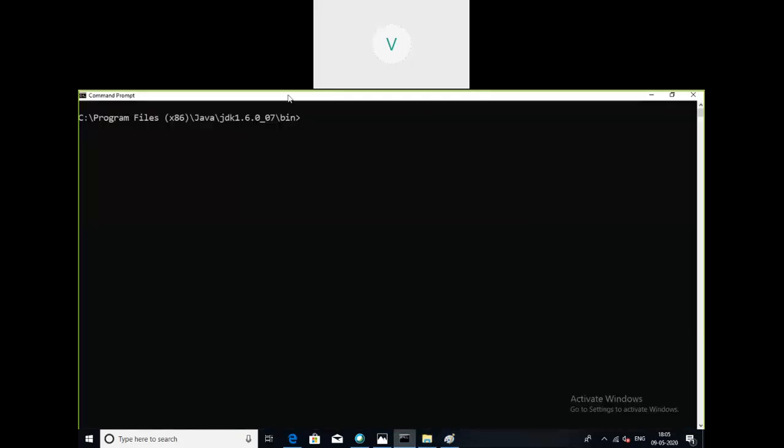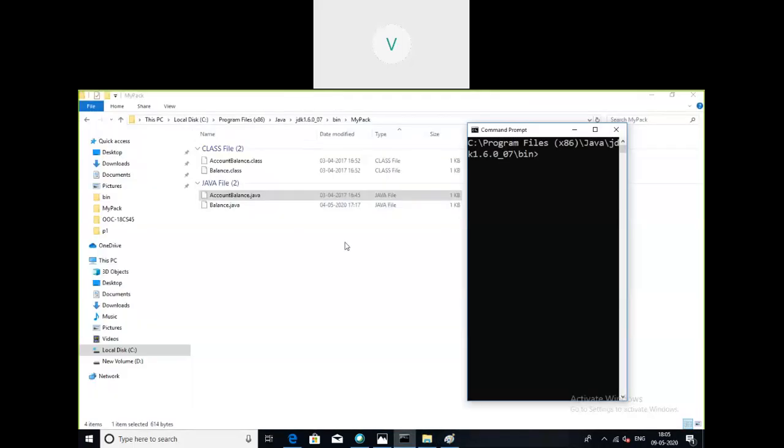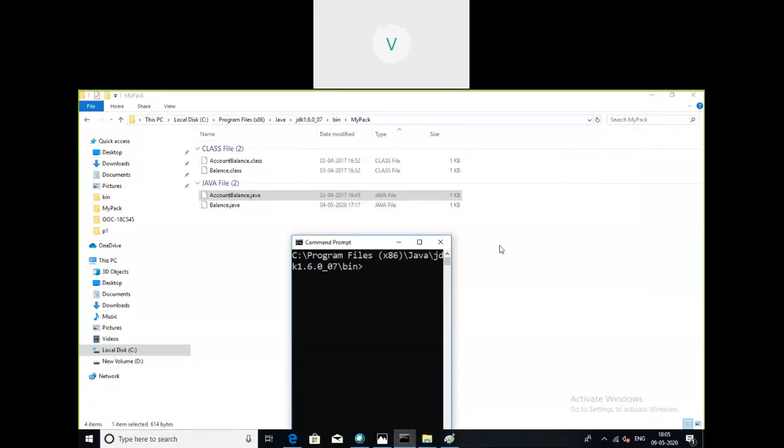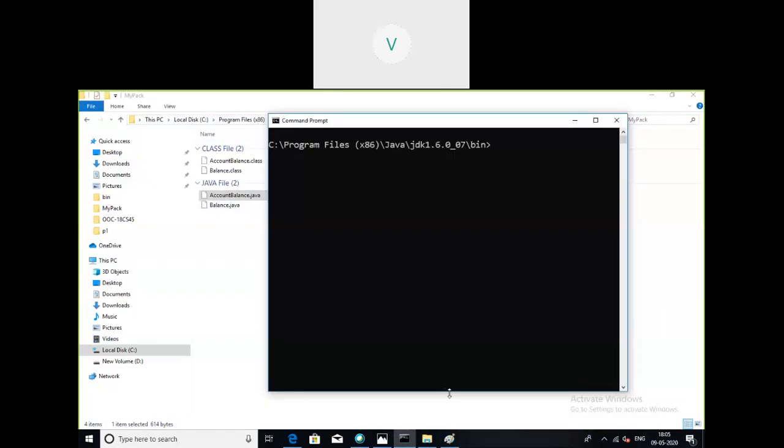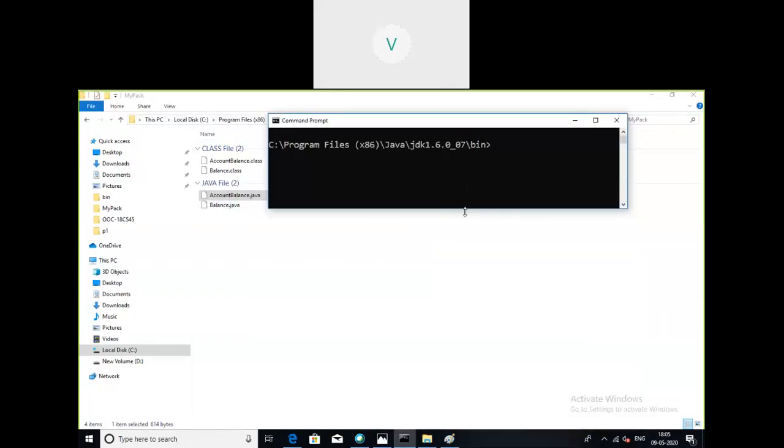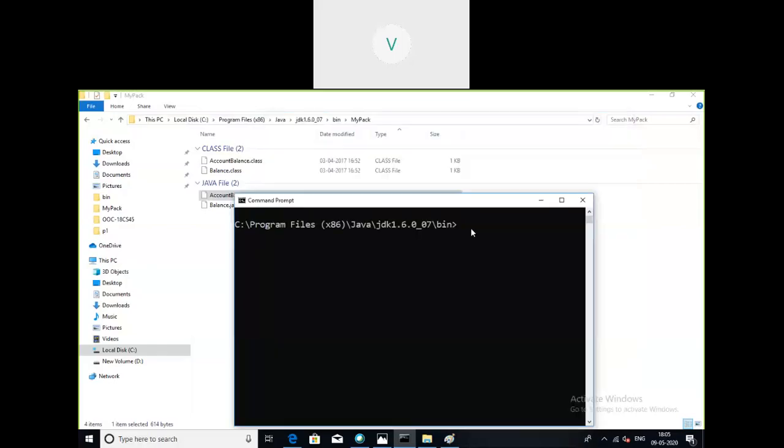So how do we compile? I'll show the compilation procedure also. Right? So for compilation you should use the complete directory location of the source file where it is present, that is javac in the mypack directory where there is a source file called account balance.java.